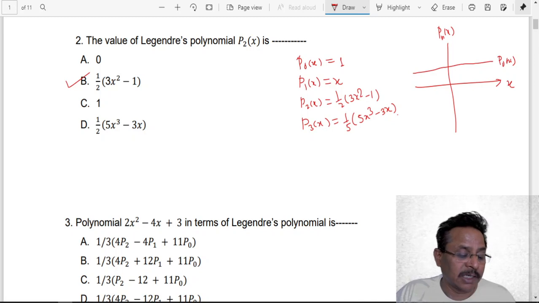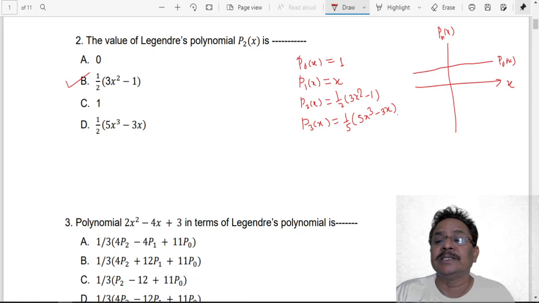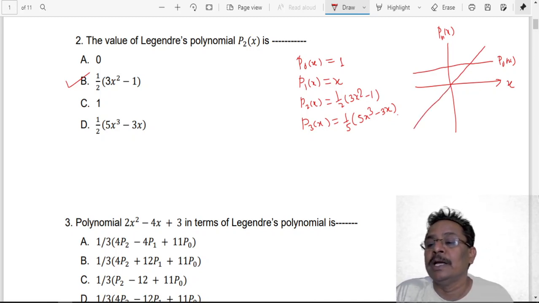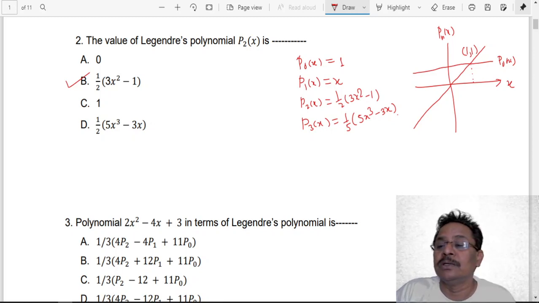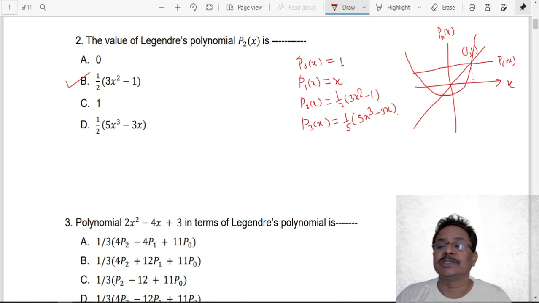Then the second function P1x is given by what? Well, this P1x is simply x. So for positive values of x this is increasing this way, and for negative values of x it has this particular format. And this is the point here, with coordinate 1, 1. For x equal to 1, P1x is 1 and P0x is 1. If we draw the third curve, that is P2x, it appears this way, and this is also passing through this point. So we have already plotted all these curves, P0x, P1x, P2x, etc. From this also we can write these equations.